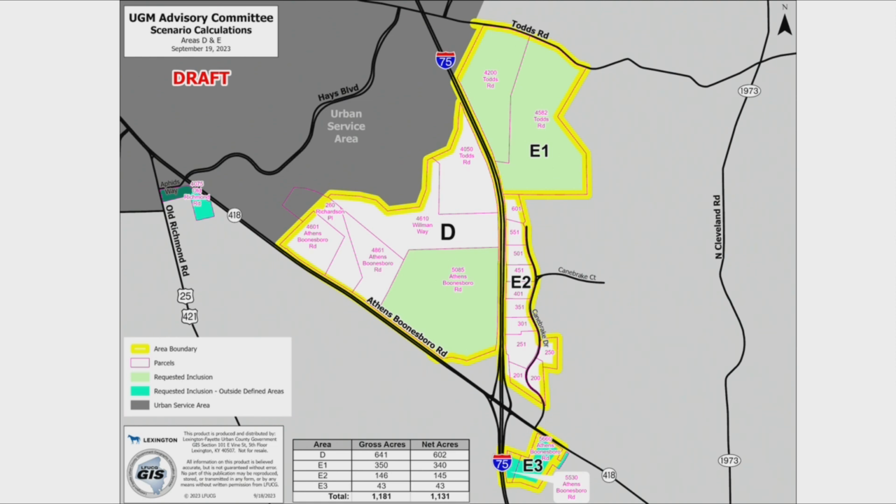I'm making an assumption here, but it seems as though we're bringing in E2 mainly as a means to connect with E1 from Athens-Boonesboro. So I don't know if I'm asking intent here or if I'm asking other members of the committee to either justify or tell me why E2 is important and why can't we bring in E1 without it. I don't know that that's a question for you, Director, but if you want. I'm happy to address it if you like, Vice Mayor, or not. Go for it. Give me your thoughts.